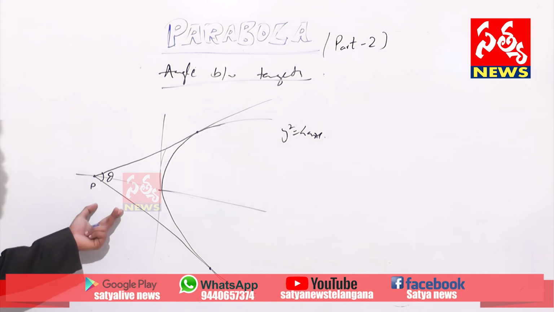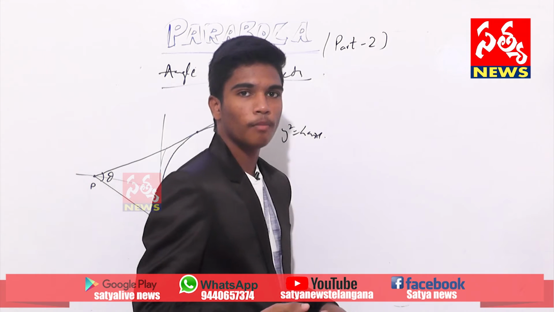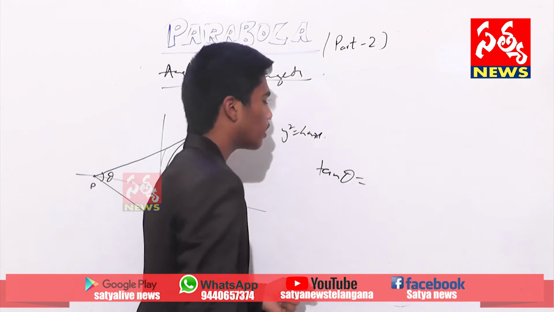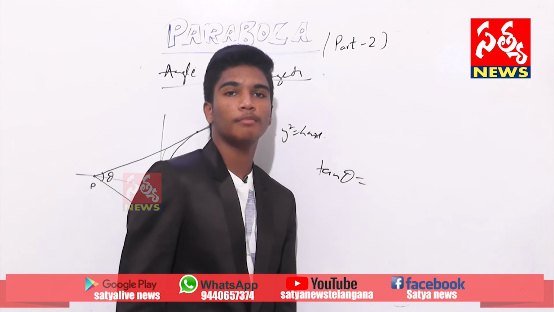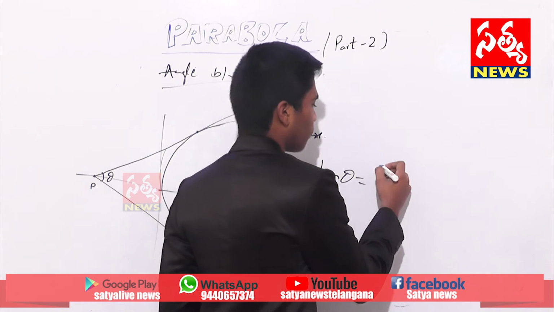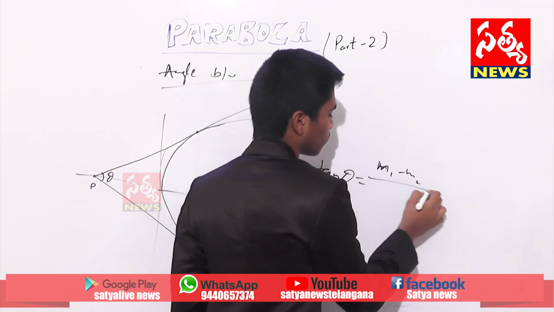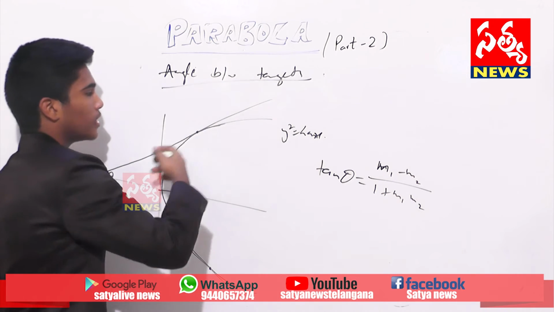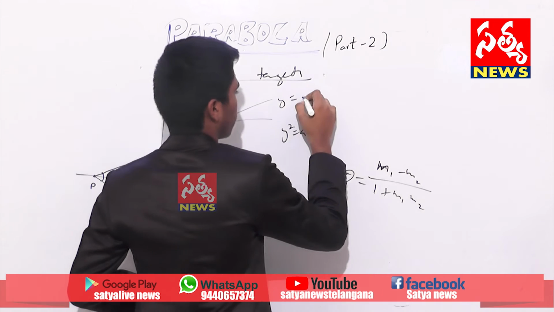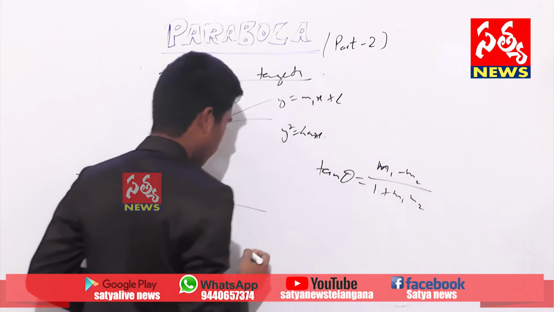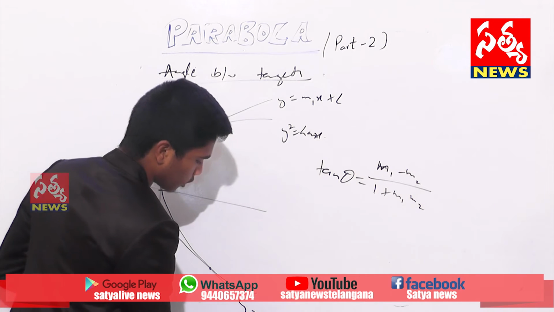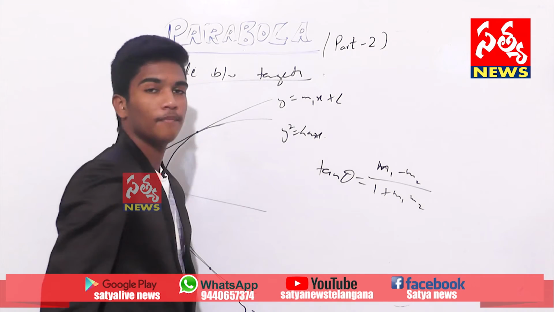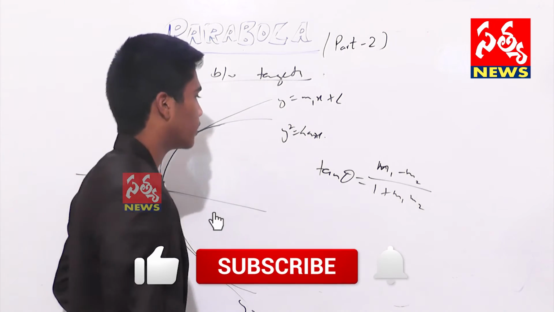Let us mark this angle as theta, and I will simply use a formula. It is an easy formula which you can remember easily. As you all know, tan theta is (m1 minus m2) by (1 plus m1 m2). It is a general formula. Let's take this tangent as y equals m1x plus c, and this tangent as y equals m2x plus c. These are the two equations of the tangents, and m1 is the slope of the first tangent and m2 is the slope of the second tangent,